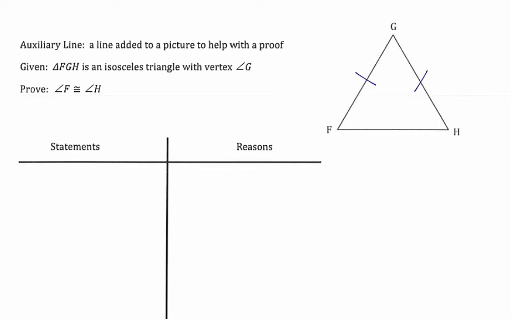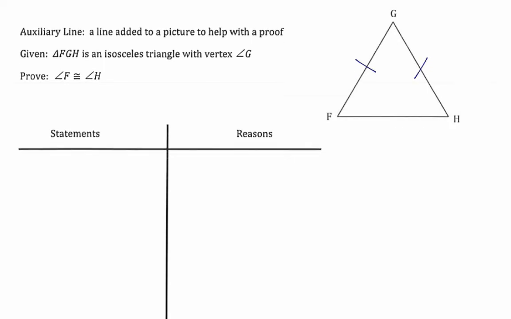What we're going to try and prove is that just by knowing that, somehow angle F and angle H also have to be the same. Well, you might be asking yourself, how am I going to use congruent triangles when I only have one? Well, that's where this idea of an auxiliary line comes in. If I draw a segment from the top to the bottom,